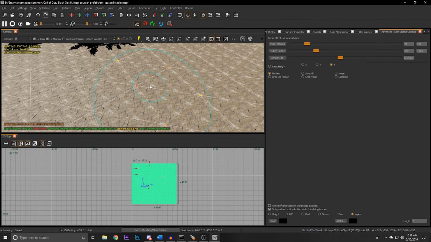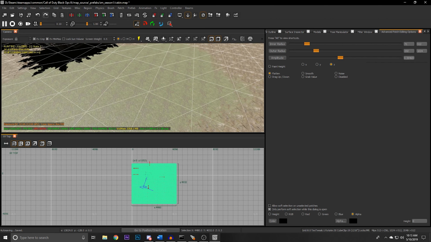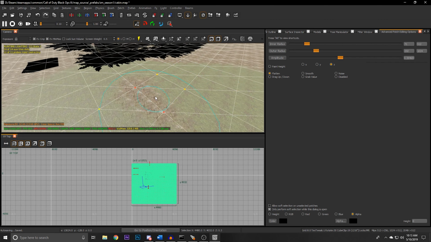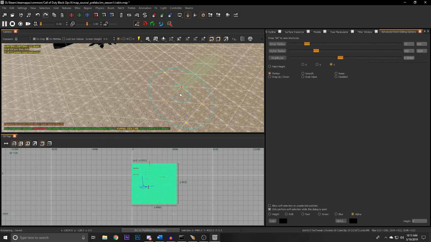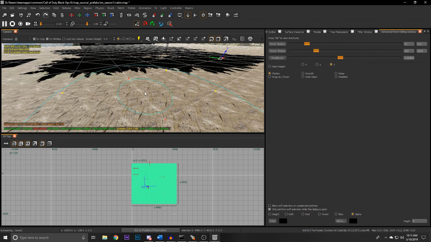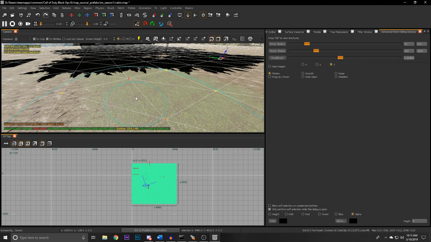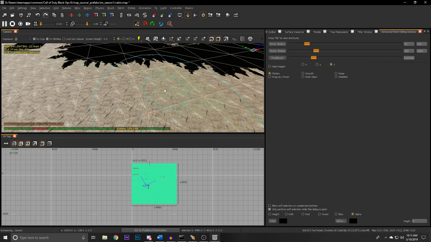And if you hold down Alt and left click, it will disable and get rid of the dirt just like that. And if you right click while holding Alt, it will paint it back on. And it goes over by the verts. It depends on how many verts you have and the amount of detail you want. So if we lower the amplitude a lot, it will be slower to get rid of and slower to put in